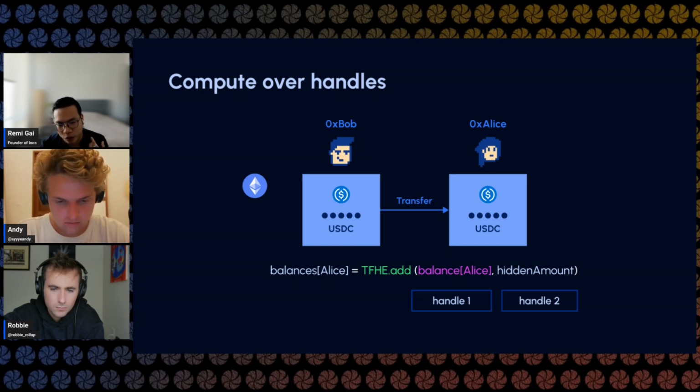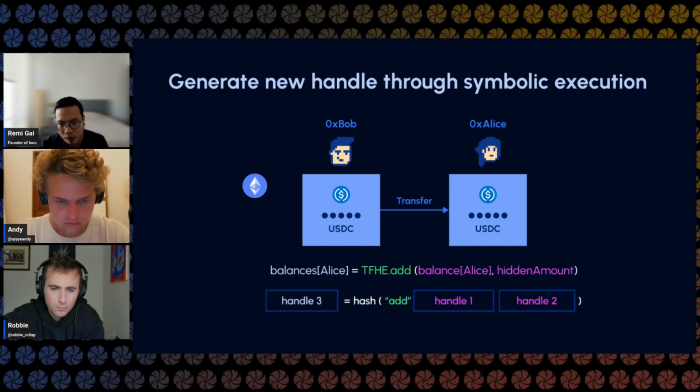So effectively, what you're doing on Ethereum is kind of like a symbolic execution, where you're not actually doing the FHE compute. What you're computing is a representation of it, right? So here we'll just hash the operation with handle 1, handle 2. You generate handle 3, and then Inco is basically abstracted away and will handle the rest.